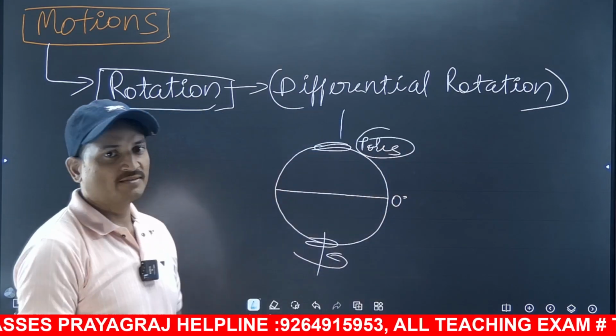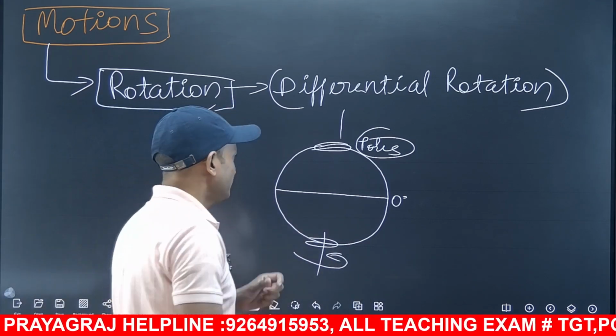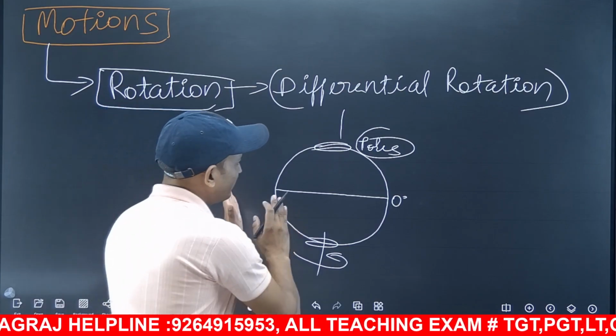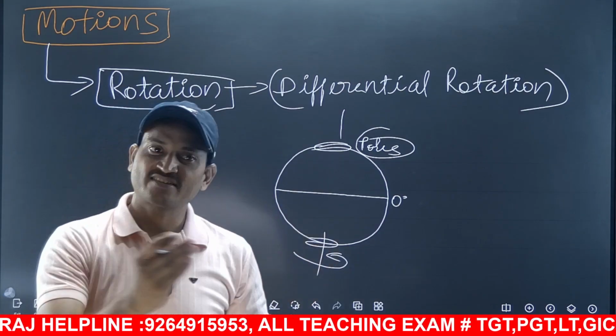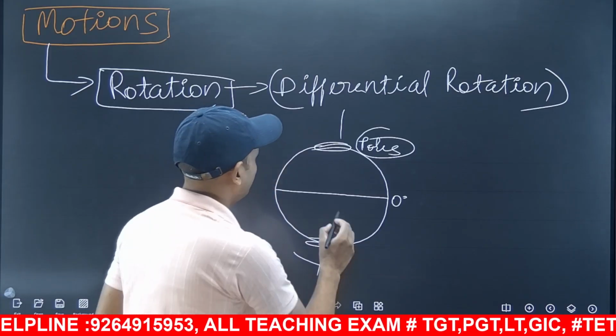Since the sun is made out of gases, especially hydrogen and helium, each and every latitude of the sun does not rotate together. They have differences in their rotations. For example, if at 0 degree latitude,